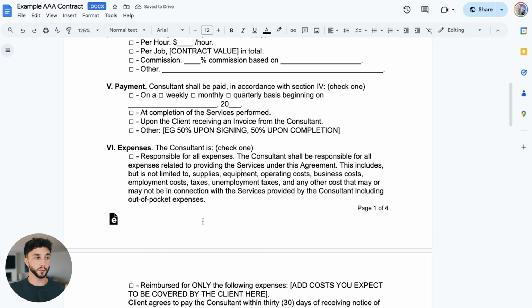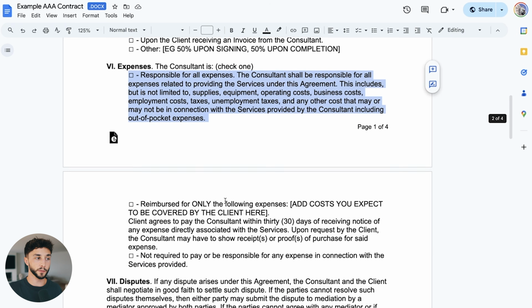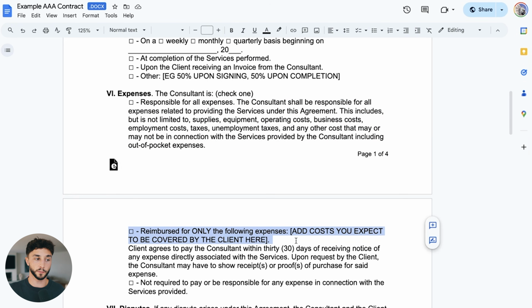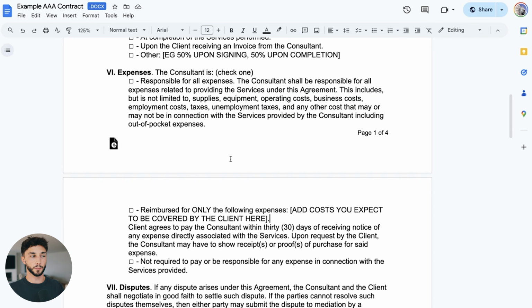Then we have a quick section on expenses. So either you're going to be responsible for all of them in the delivery, or you can opt to be reimbursed by the client for some expenses. So you could say, hey, look, we'll set it up on our service initially, and we'll set it up on our API key, but at the end of the project, we're going to expect you to reimburse us for the cost incurred to do that. So in most cases, if you're just doing an upfront build where you build it and then sort of leave, you're going to be responsible for all expenses, and you include those expenses as part of your pricing.